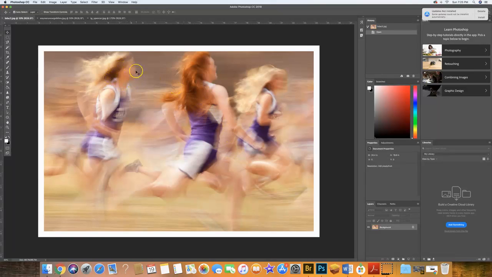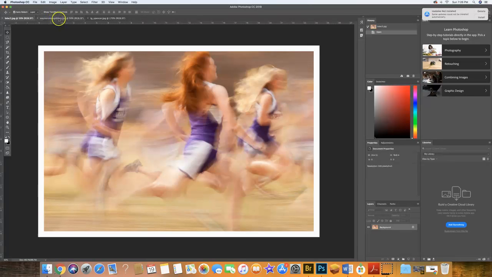But at the same time, we can see who these girls are and distinguish who they are. We can see a foot here, an arm, a hand here, different things like that. But images like this, they take some work to get them done and to be able to get something that's pleasing artistically, as well as just capturing motion. So, some of these things are going to take a little more time this week.